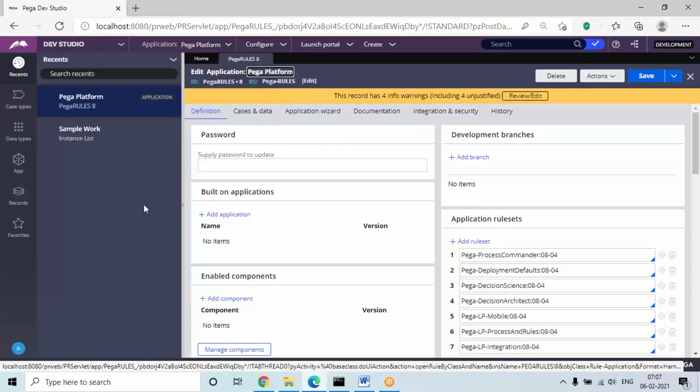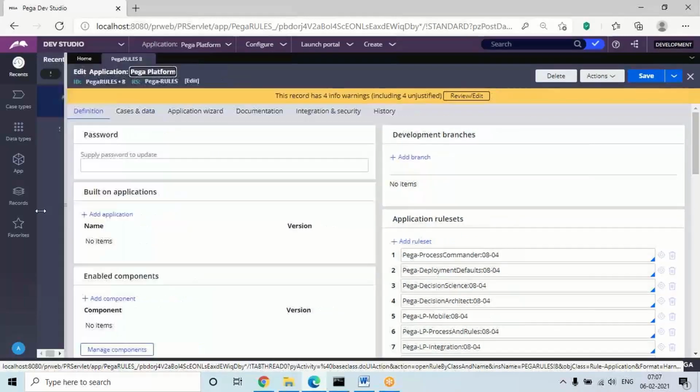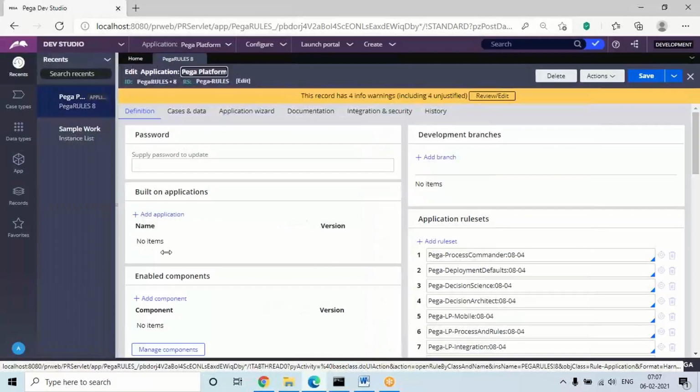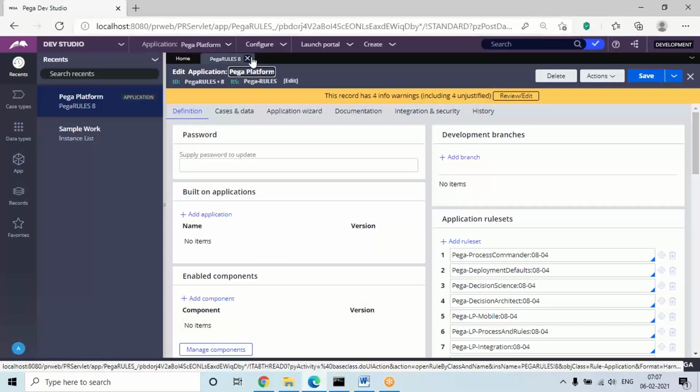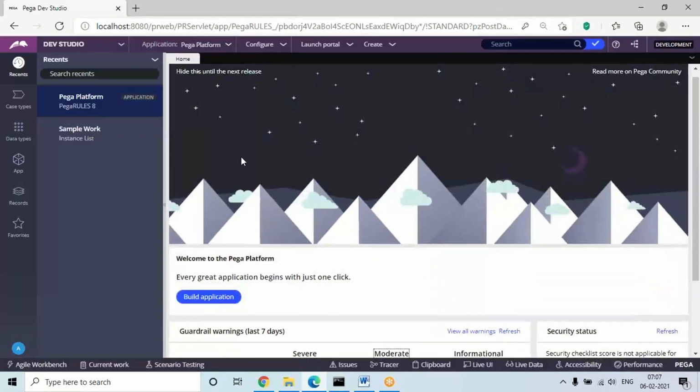Again, if you click on something else, it will open in the work area panel in the next tab. Like that, if you want to add anything or customize the design, we can do it from the work area panel. We can expand it, we can collapse it, and you can close the tabs once your work is done.